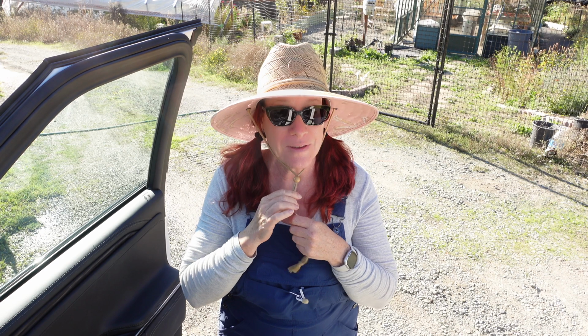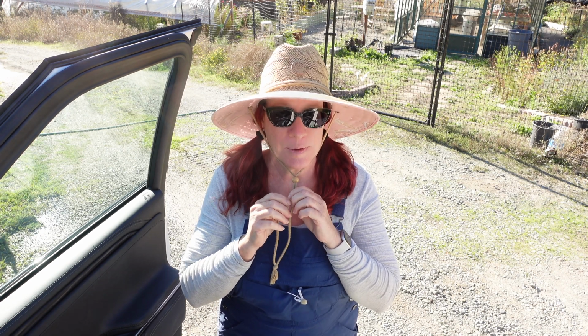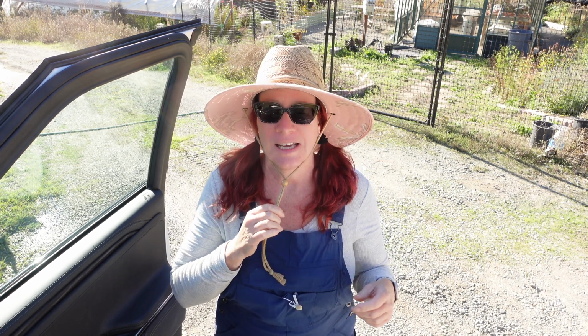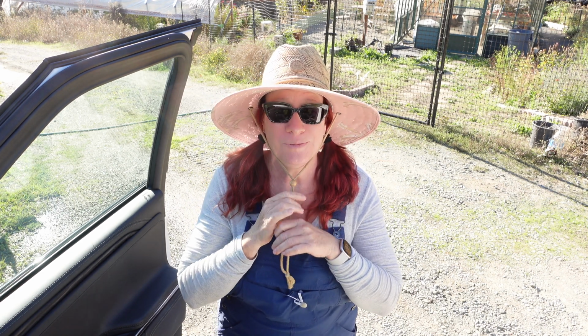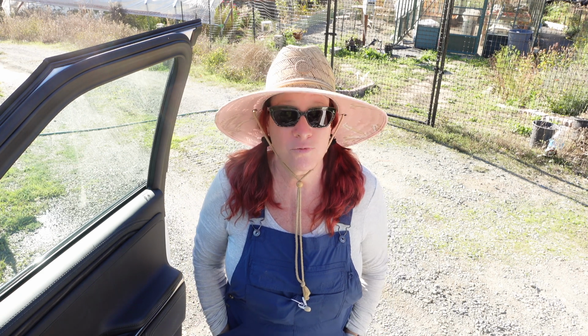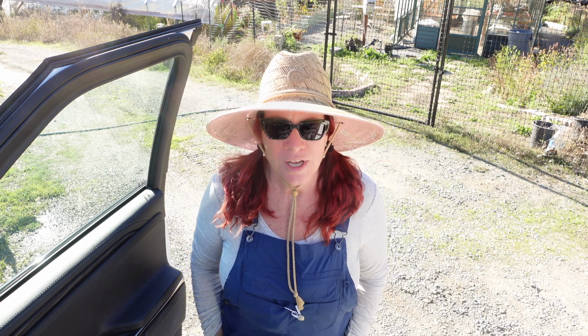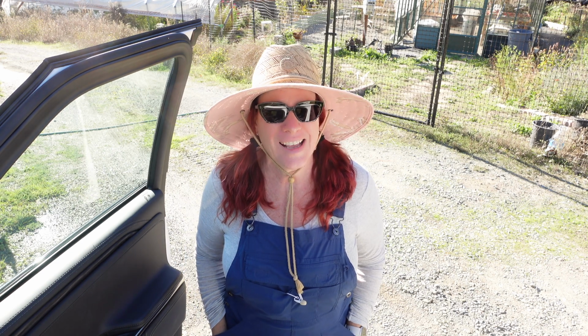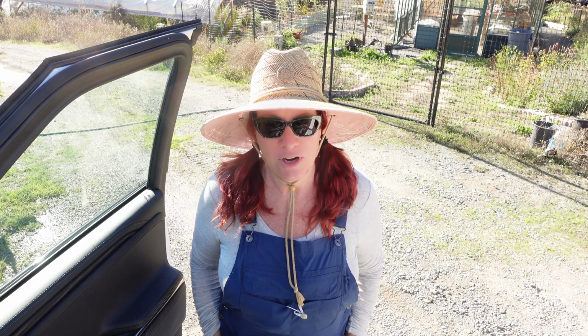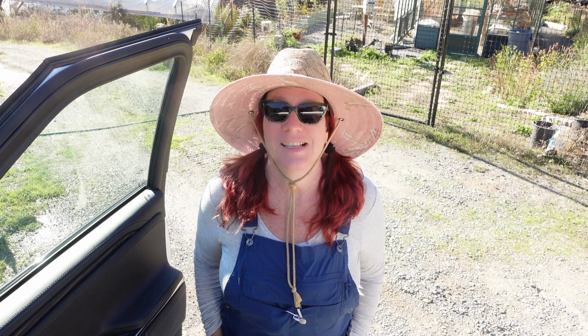They need to go down 3 feet, which is deep, especially when you're talking about soil that has been dry pretty much since April. So it's rock hard, really hard to dig. We were starting by using our auger on the drill, and that gets a little bit in there, but not very far. So being able to use this electric